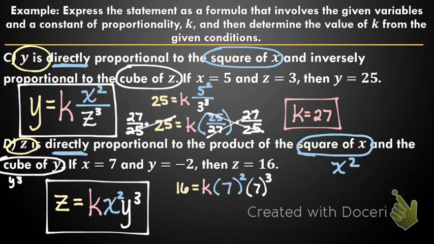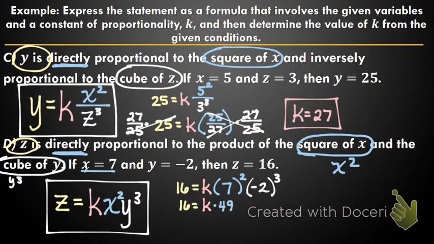X equals 7. And negative 2 cubed. It's okay. All right. 7 squared. 49. So I have k